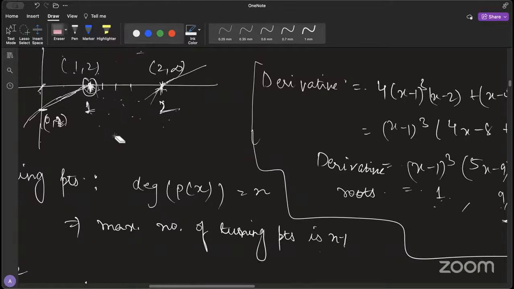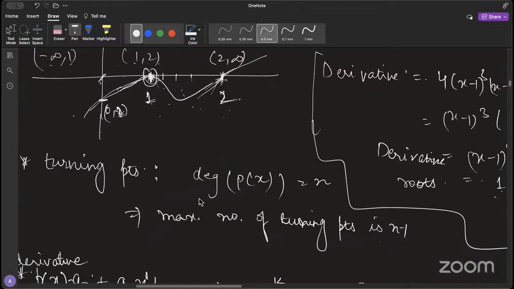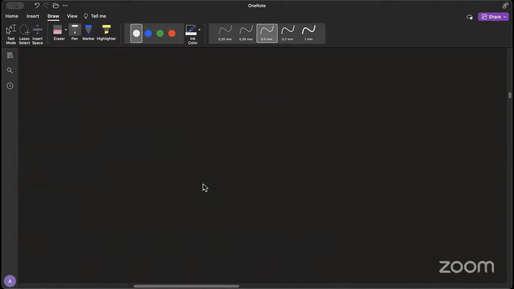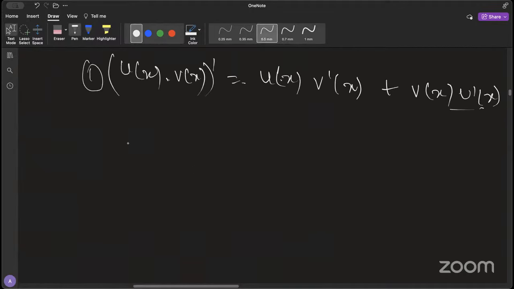That means the only possibility for your graph is this. That means this should be the graph. Is this okay? Yes, ma'am. Okay. Then let's discuss. This was about graphing, and one more thing about graphing is endpoint behavior